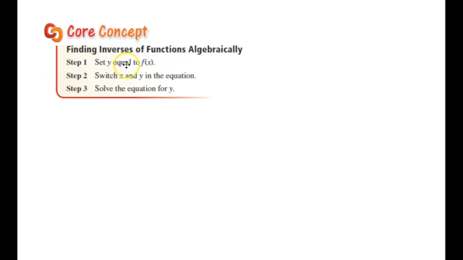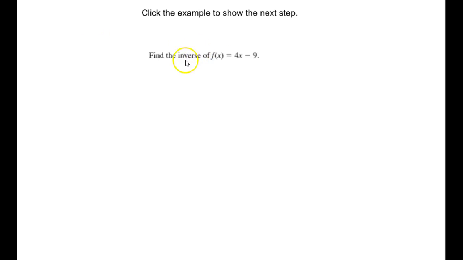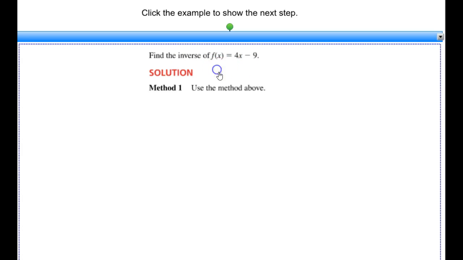So here's how I can find the inverse of a function algebraically, right, doing the math. First thing I want to do is I want to set that f of x equal to y. Then I switch my x and y in the equation, and then I solve for y again. So let's look at an example. So here I want to find the inverse function of f of x equals 4x minus 9. So the first step I do is I